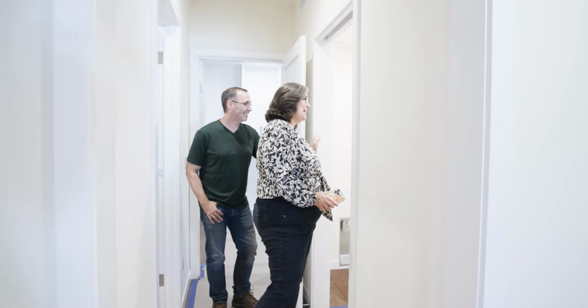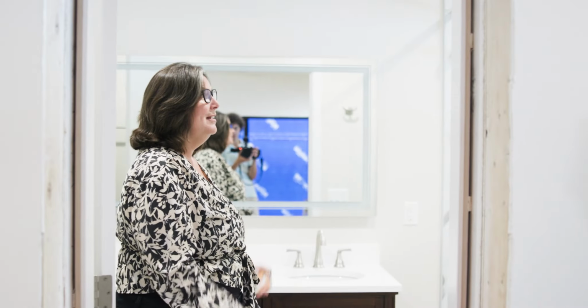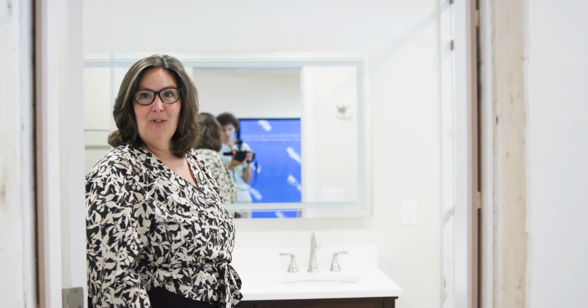This was the look we wanted. But we couldn't afford the marble that we wanted because it was just astronomical. And so our designer set us out looking for specific tiles. And so this is porcelain, I believe, right? And so it has the same look as the marble, but it is a lot cheaper. So we were able to have a gorgeous shower for not what we thought we were going to have to pay,